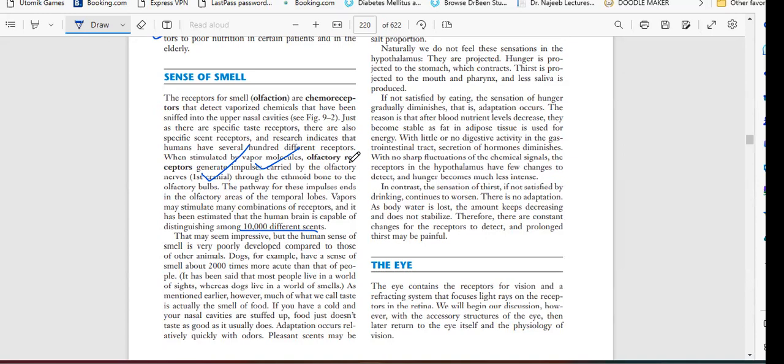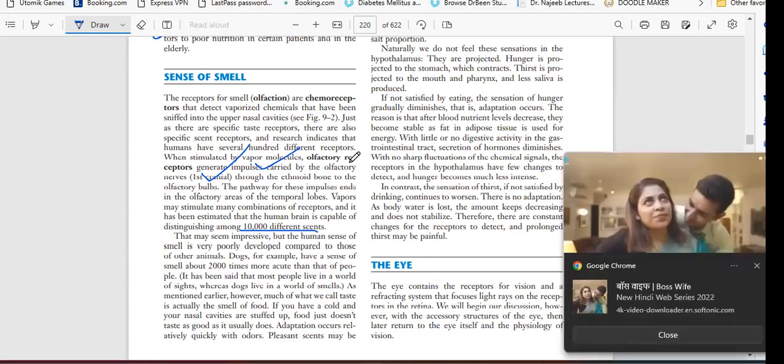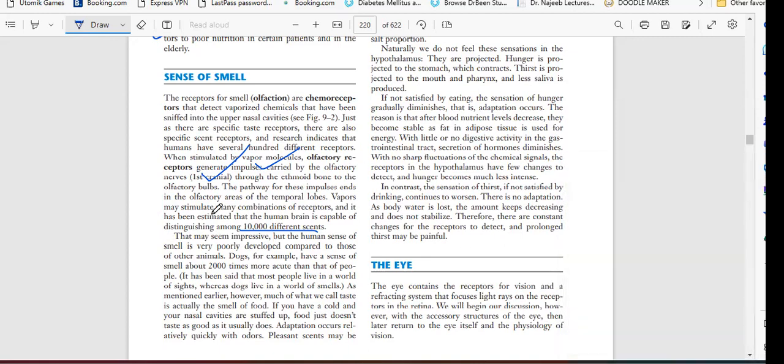ओके, सो यहाँ पे बताया जा रहा है कि जो हमारे सेंस है, सेंस ऑफ स्मेल है, हम जो सूंघते हैं, ठीक है, सूंघने के हम 10,000 से भी ज्यादा डिफरेंट तरह के सेंट्स या फिर वैरायटी के स्मेल को स्मेल कर सकते हैं, ठीक है। लेकिन जानवरों में ये 2,000 गुना बढ़ जाता है, यानी 10,000 इंटू 2,000 करिए, यानी 20 लाख के करीब करीब डिफरेंट स्मेल को स्मेल कर सकते हैं वो लोग।